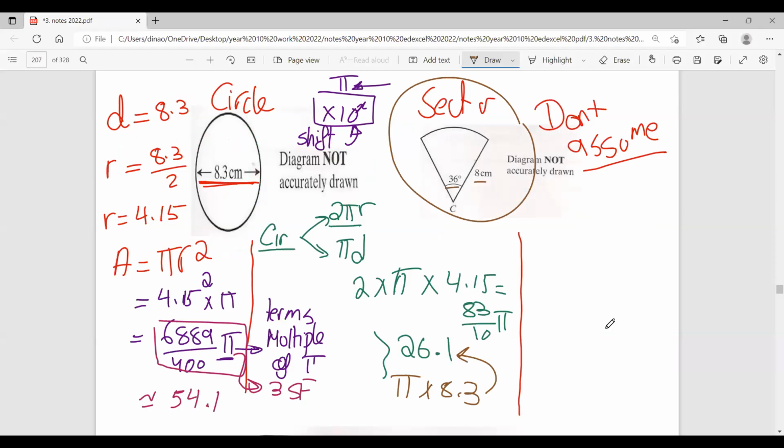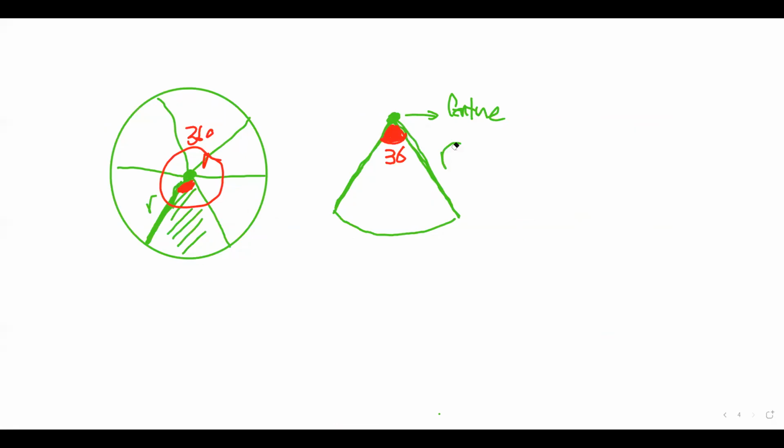طبعا ده الإكزامبل هنحله هنا على whiteboard. And the radius was 8. So let me just erase these two R's and put 8 instead. So this is 8 centimeters and this is 8 centimeters. As I always said, be aware of the units. The units all must be the same. تمام؟